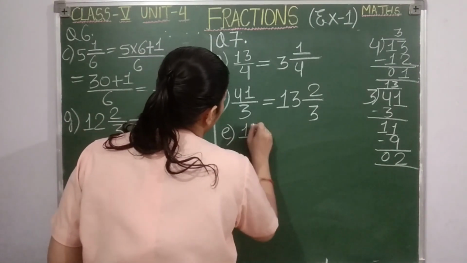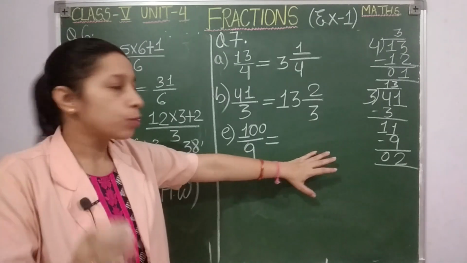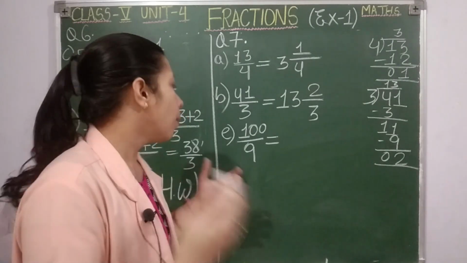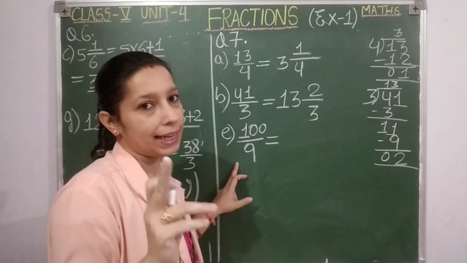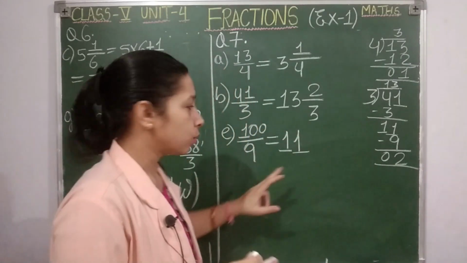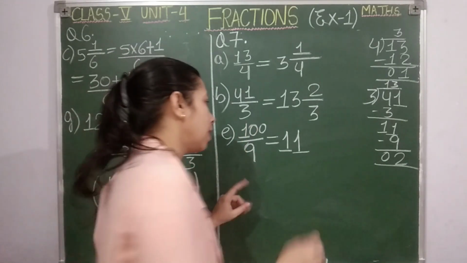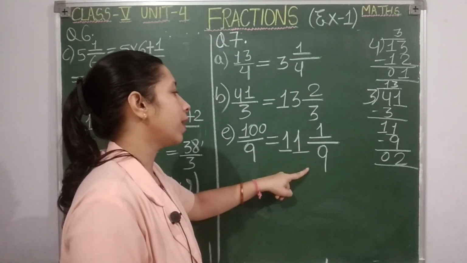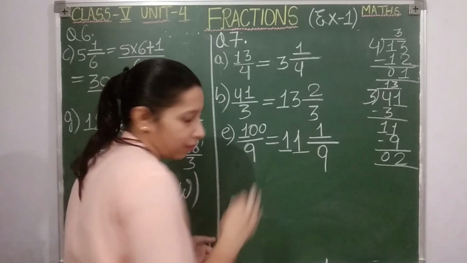Point E I am telling you. 100 upon 9. Either you can divide, or if you know the tables properly, orally you can solve. Look here, I can divide 100 by 9 and I can get the answer now, students. But let me tell you one more way. 100 comes in the table of 9? No. Less than it? 99. How many times? 11 times. So how you are going to write? 9 11s are 99. So I have written 11 as whole. So 100 minus 99, how much will remain? 1. So 1 will be the numerator and 9 the denominator. Now look, 9 11s are 99, 99 plus 1, 100, 100 upon 9. So if you know the tables properly, orally also you can solve without wasting time in dividing, okay.